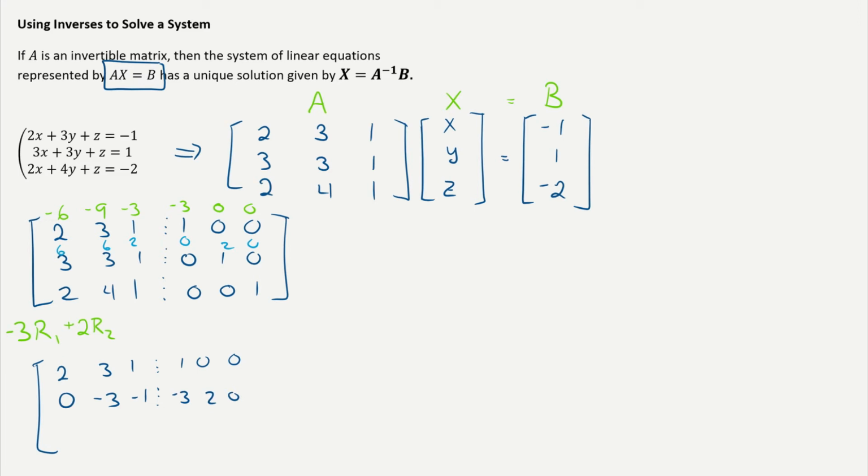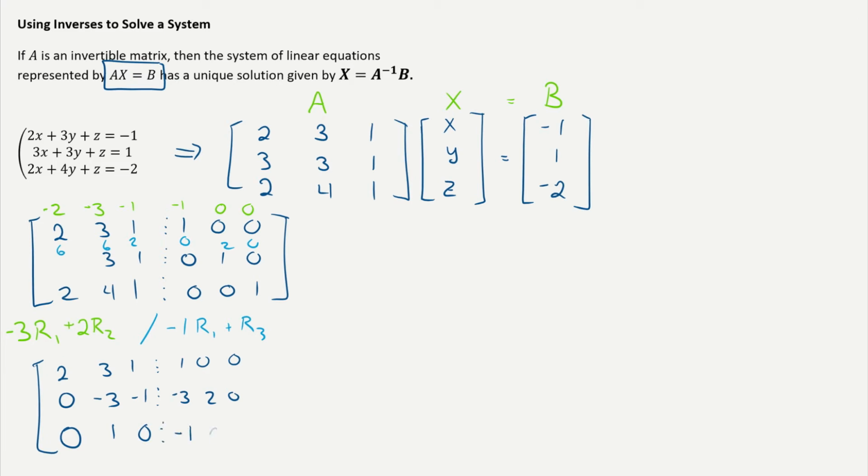Okay, now I need to go through and get a new row 3. So to get my new row 3, I'm going to have to go -1 times row 1 plus row 3, because going back to my original row 1, I have to multiply that by -1 in order to add with the 2 down here to eliminate. So I get -3, -1, -1, 0, 0. Okay, so let's add row 1 and row 3. I get 0, 1, 0,